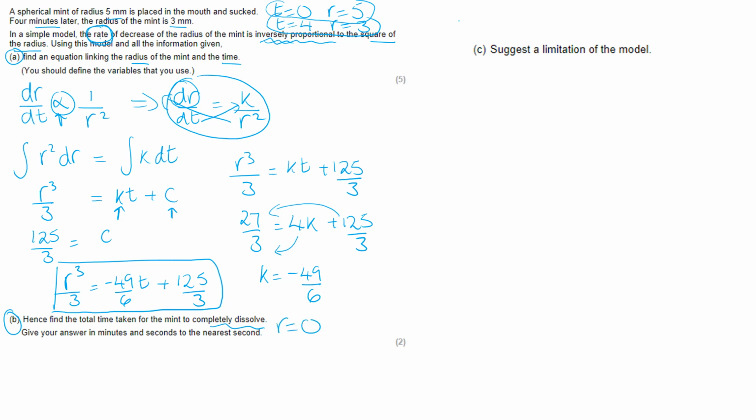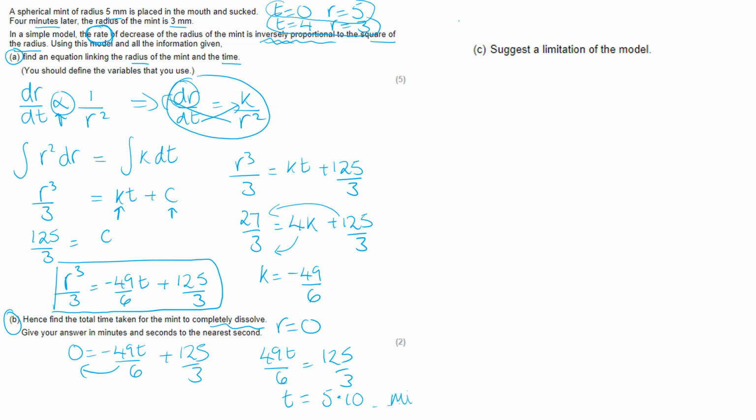So we're going to have 0 is equal to minus 49t over 6 plus 125 over 3. Just take that minus term to the other side. 49t over 6 is equal to 125 over 3. If we just cross multiply, that will give us that t is equal to 5.10